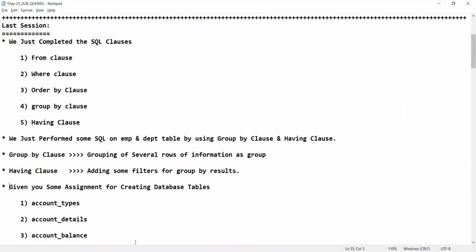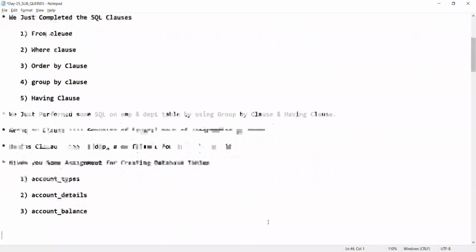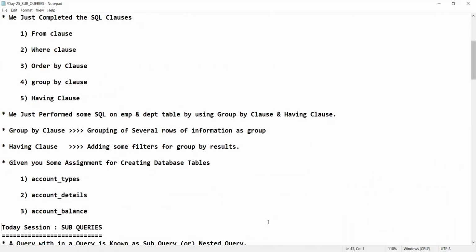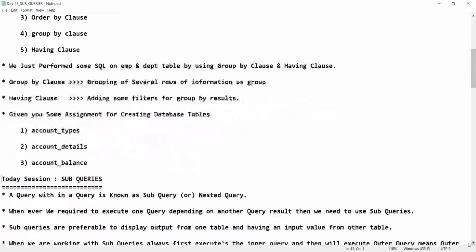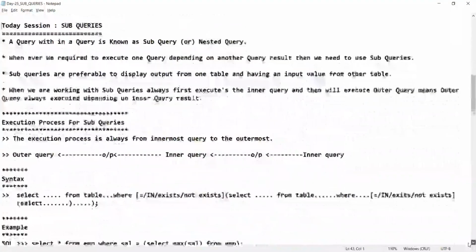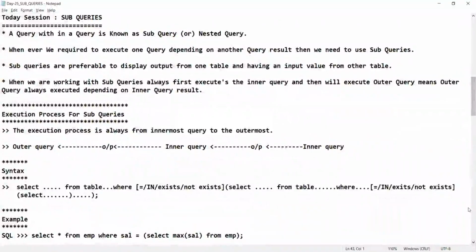As part of today's session, I'm going to talk about a new discussion, which is called subqueries. What is today's discussion? Subqueries. Basically, if you compare this topic with the programming language Java,